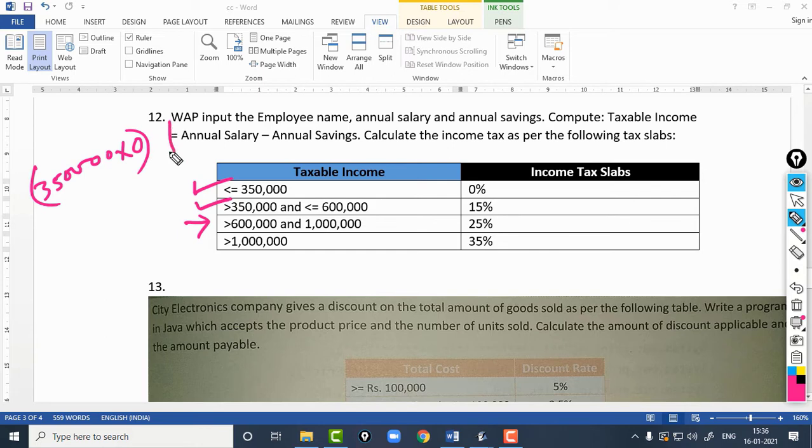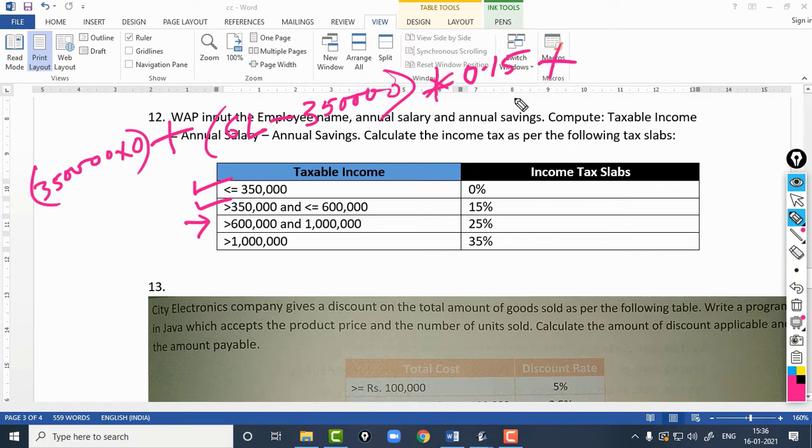To this we will add the second slab. In the second slab, the amount is 6 lakhs minus 3,50,000. Upon that amount, the tax will be applied, that is 0.15, plus the current slab.